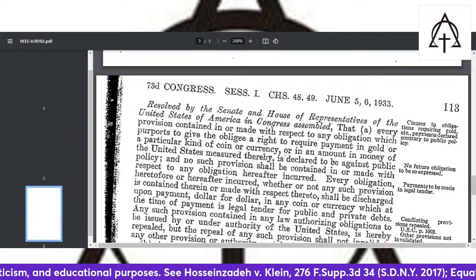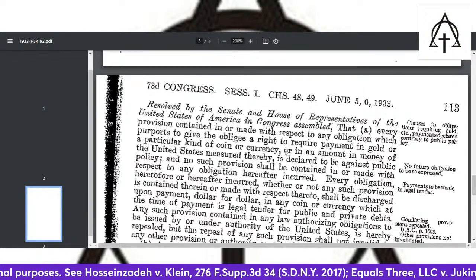So we can't even demand as an obligee a particular amount